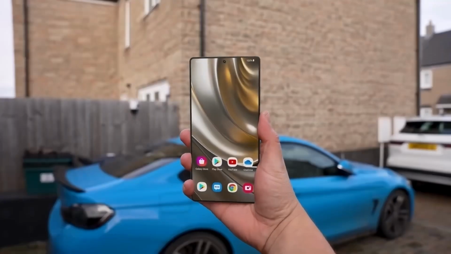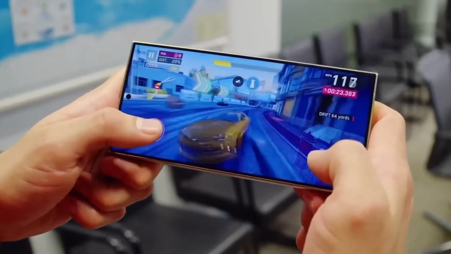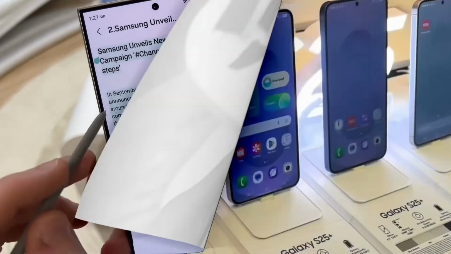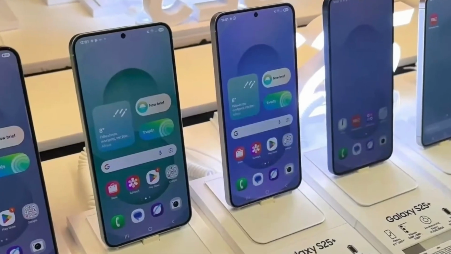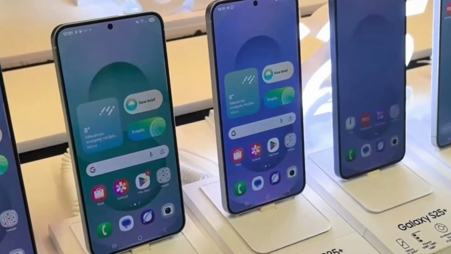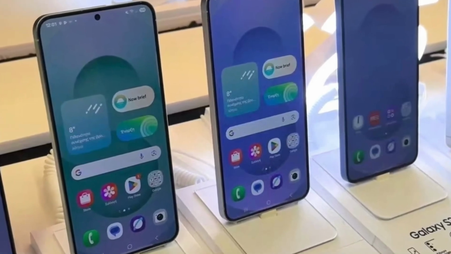Galaxy S25, 1,155,000 Korean won, $796. Galaxy S25 Plus, 1,353,000 Korean won, $933. Galaxy S25 Ultra, 1,694,000 Korean won, $1,171. Higher storage variants will cost Galaxy S25 512 gigabytes,